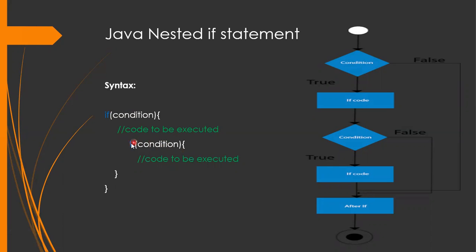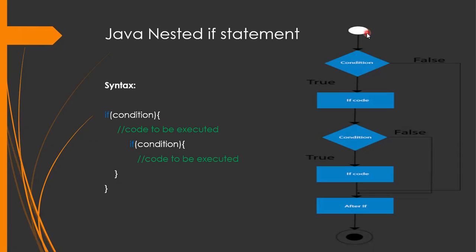After executing, it will come outside the nested if. If you provide any statement here, it will execute. Otherwise, it will directly come out. So when you see the structure of this particular syntax in the flowchart, you can see this is